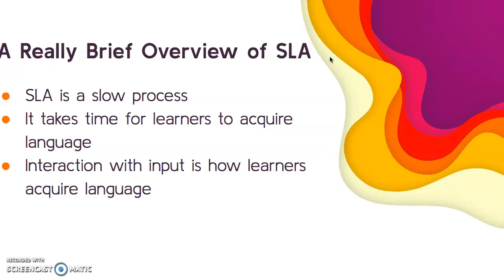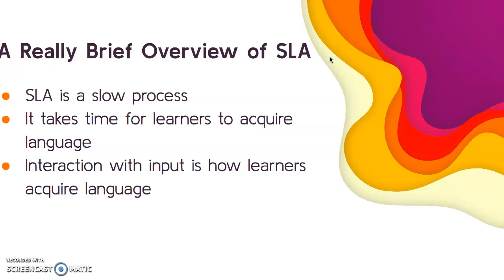If I told you right now to go ahead and learn Japanese, okay? Your goal is to learn Japanese as best as you can, but you're not allowed to read anything in Japanese, and you're not allowed to listen to anything in Japanese. All you can do is speak and write it. Well, that's just not possible, right? Because you've never seen what it looks like per se, and you don't know what it sounds like. So how on earth are you going to be able to write or speak it, right? So learners need to have some sort of interaction with input,